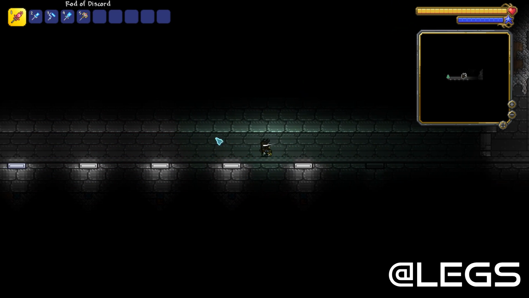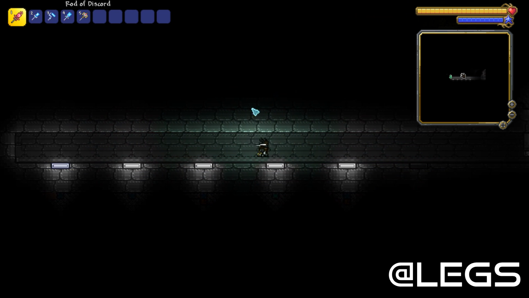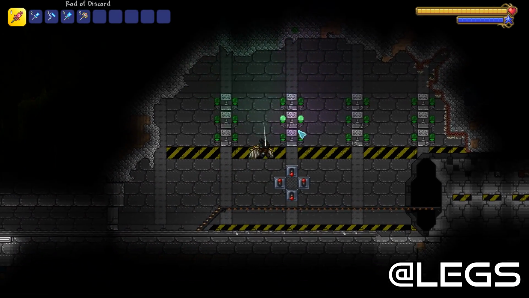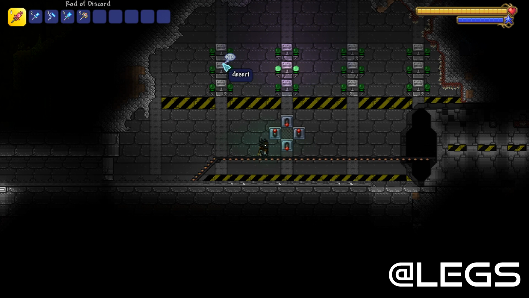I love that the lamps come on, and I love that he wired it in such a way that these don't turn back off when you walk out of the sensors. And we're going to keep going over here, and it looks like we're inside of some sort of control room or a teleporter hub. I don't know if any of these actually...